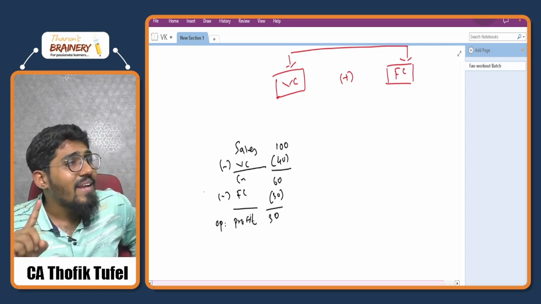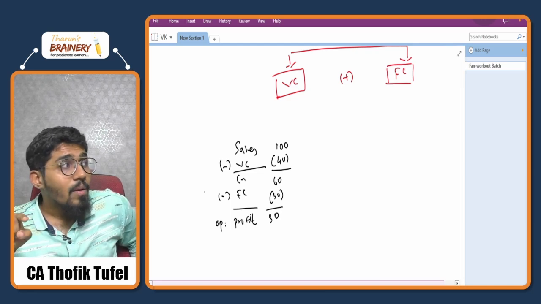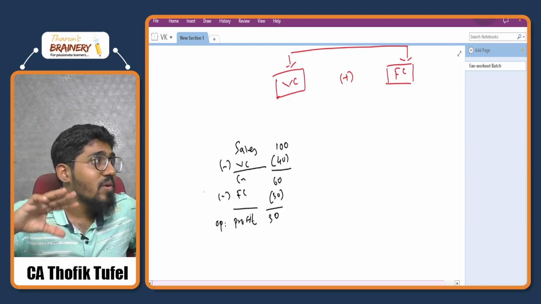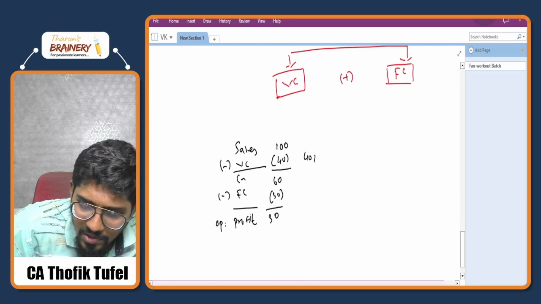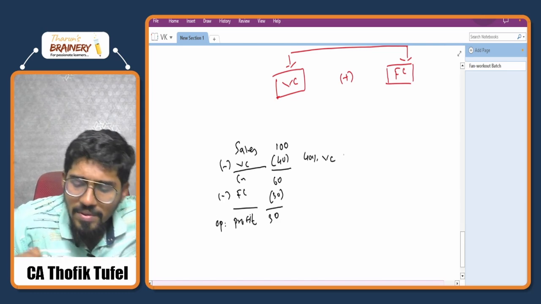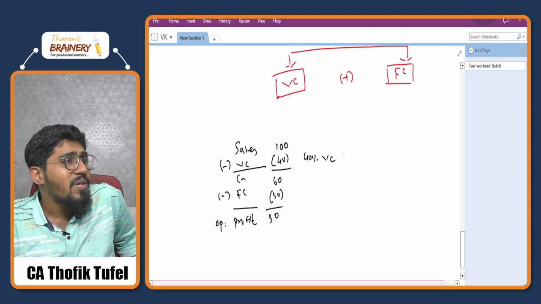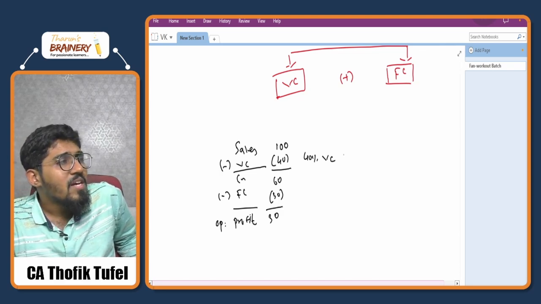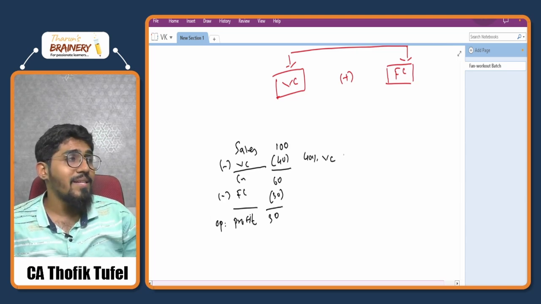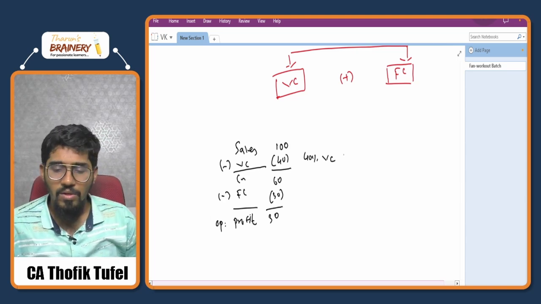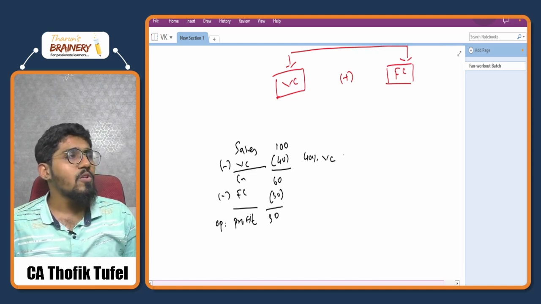Variable cost, I can write it as a percentage. Why? Because variable cost varies with sales. So I can say 40% is my variable cost. But fixed cost, I cannot say 30%, because fixed cost does not move with sales. So it is wrong to write it as a percentage. Fixed cost will always be written as a number. Basic things I'm telling you. Fixed cost will usually be given in numbers only because it does not move with sales.